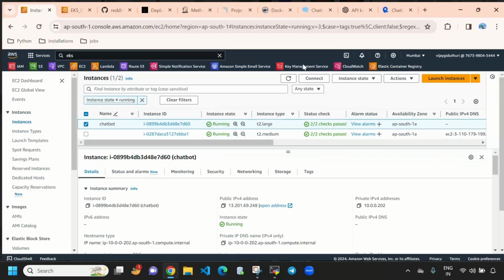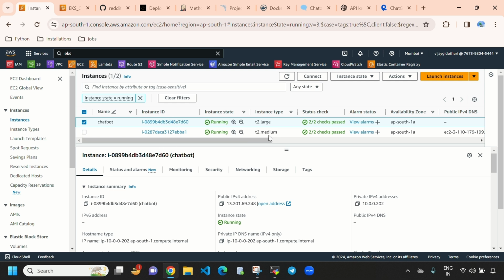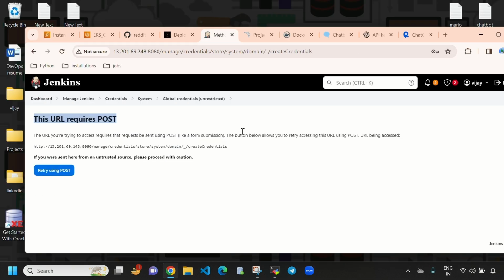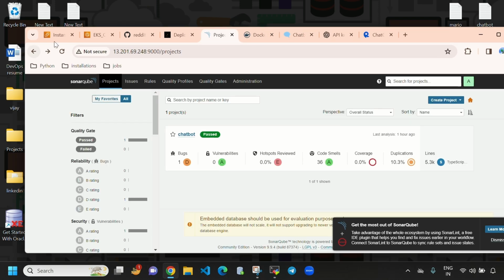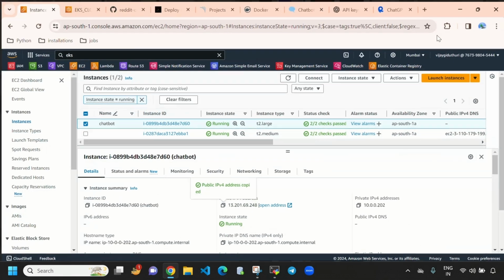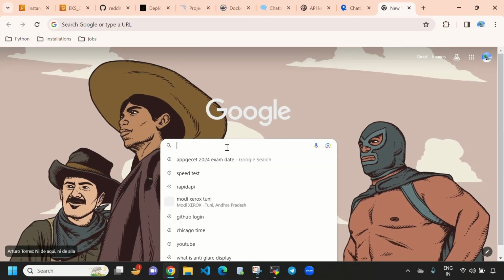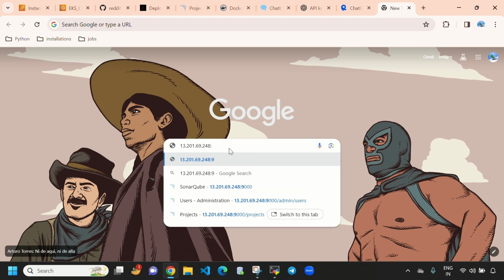Here you can see, guys, when we were creating the EKS cluster, it created the EKS cluster. At that point of time, it created one EC2 instance with T2 medium, guys. In this EC2 instance, we are going to deploy, that means Kubernetes. Okay, let's do one thing. Let's remove this. Let's copy the public IP of our EC2 instance and open it in a new tab with port 8080,